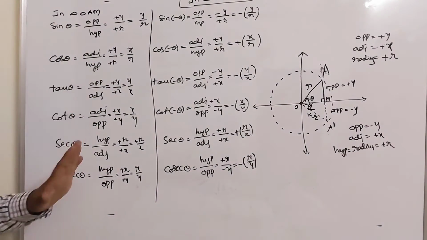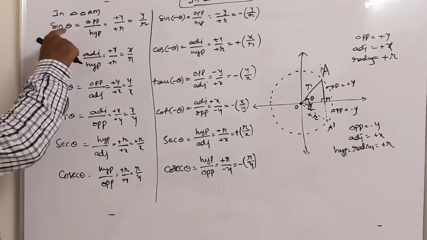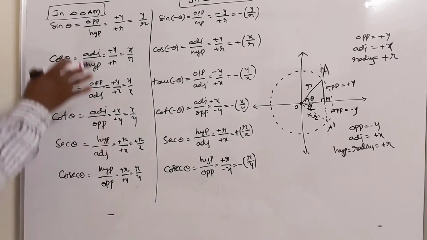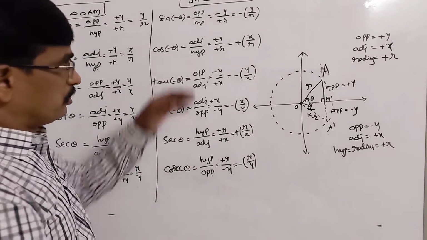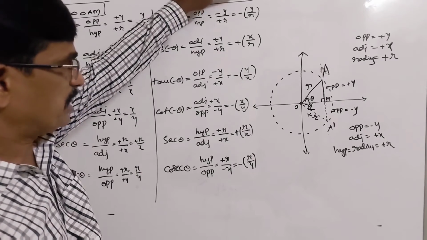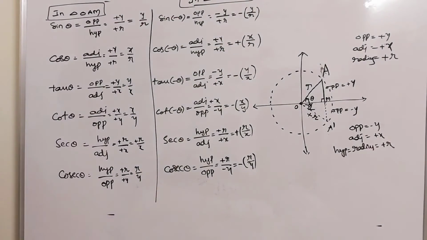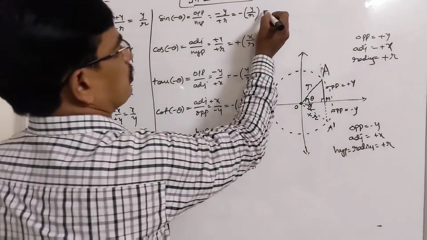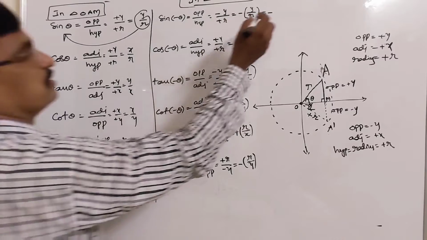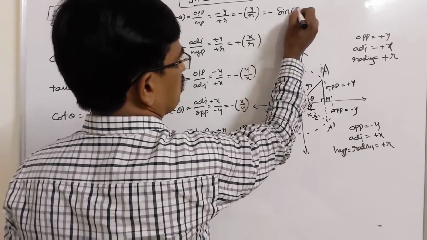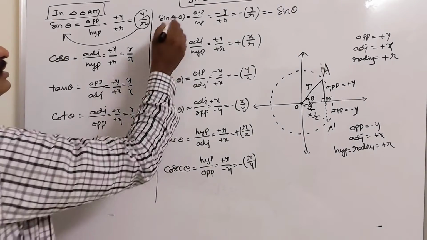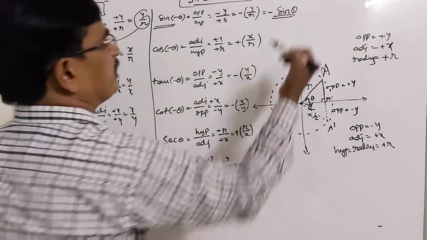Okay, now observe carefully. When theta is moving in the anti-clockwise direction, from triangle OAM we find the 6 trigonometric ratios. When theta is in the clockwise direction, that is negative, in triangle OM dash A dash, the 6 trigonometric ratios are as follows. So here minus y by r is there. Actually y by r is equal to sin theta. That is, instead of y by r, write sin theta. Here minus is there. Therefore, sin of minus theta is equal to minus sin theta.